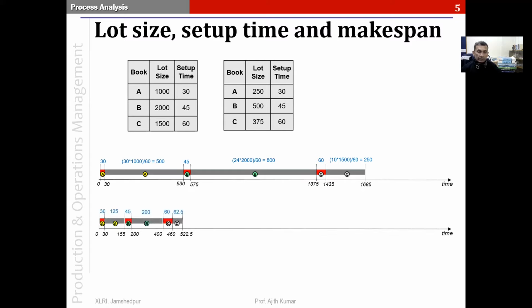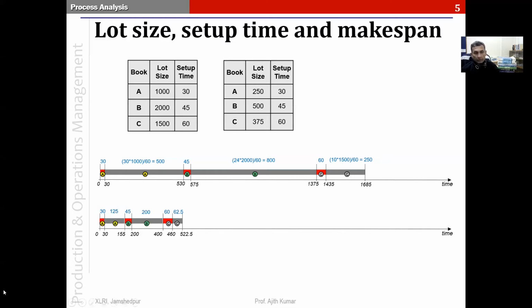You can see that in the first round, we do one lot of A, B, and C respectively. Here, you will notice that the setup times remain the same, whereas the total processing time for the lot has come down to 1/4 of what it was. It was 500 earlier, it now becomes 125. For B, it was 800, becomes 200. Similarly, for C, 250 becomes 62.5. So the processing time is reduced to 1/4 of their earlier value, whereas the setup times remain the same.